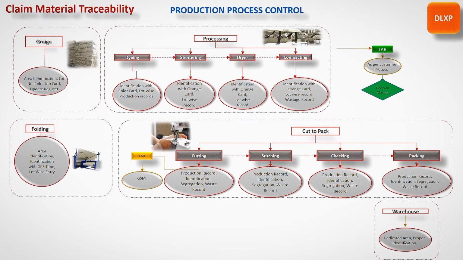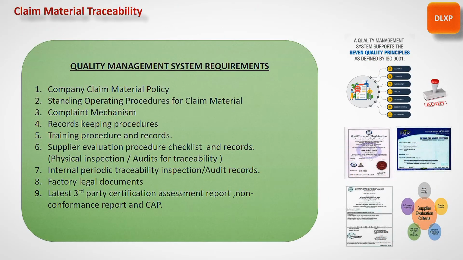In the quality management system, these are the nine mandatory requirements. Let's suppose the company recycled material policy, SOPs for each and every stage, a complaint mechanism, and record keeping procedures. For instance, you have manual reports, physical reports or ERP reports. Training procedure: how do you identify the training, how do you conduct the training for the workers for traceability. For example, the processing job cards. If the orange card is used for GRS, the worker should know,